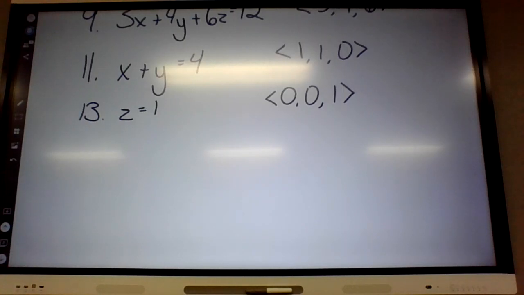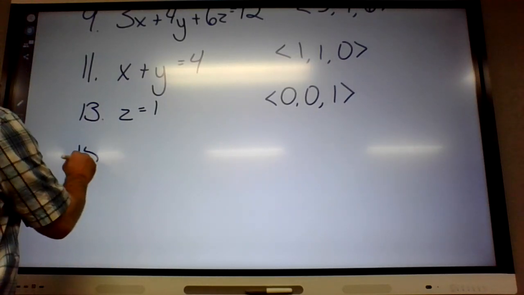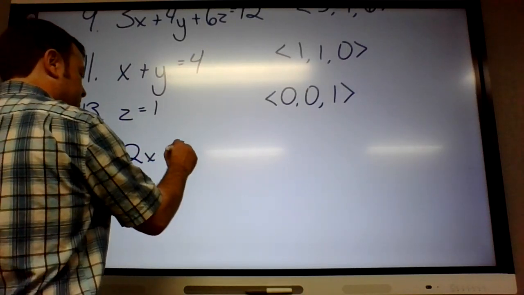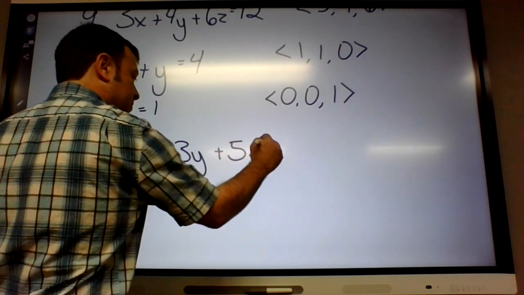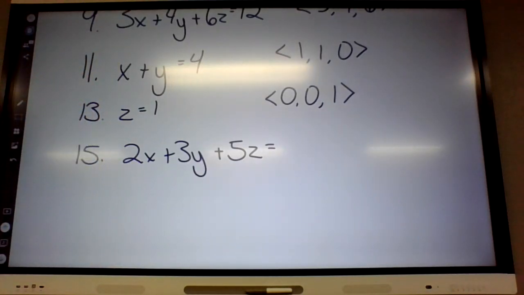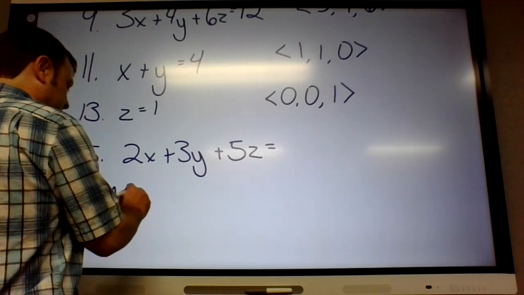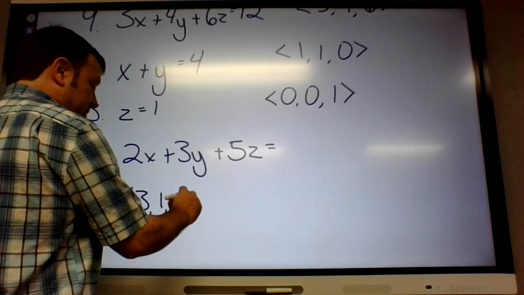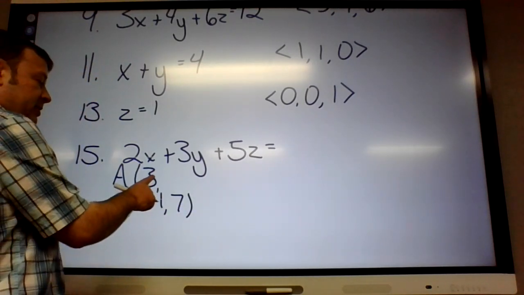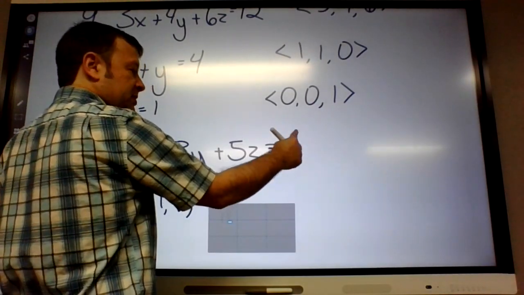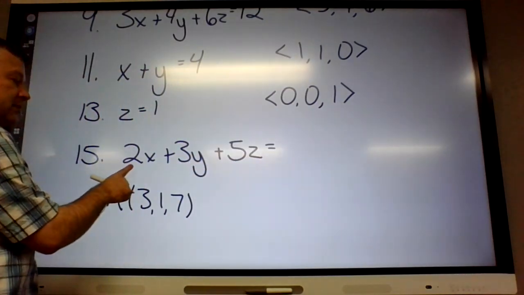Okay, 15, so they're giving us the perpendicular vector, and we're supposed to write the plane. This is pretty easy too. The vector is 2, 3, 5, so we're going to do 2x plus 3y plus 5z equals, well, how do we know what it equals? They give us another piece of information, and that is that point A, 3, 1, 7, is on the plane. If 3, 1, 7 is on the plane, that means if I plug 3, 1, 7 in for x, y, and z, it should work in this equation, so that'll tell us what should go right here. So 2 times 3